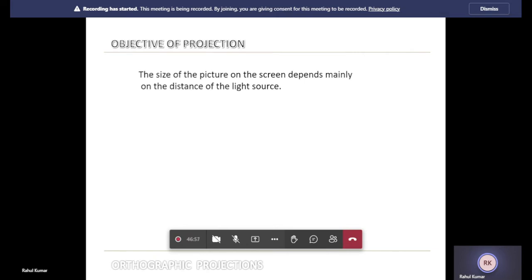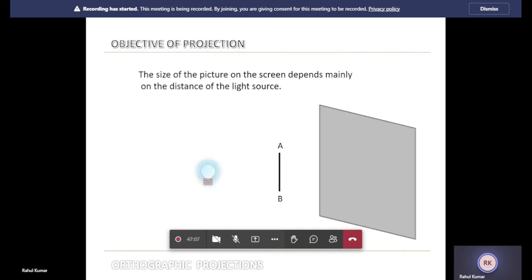Now, in reality, when you project the image of a given object, the height of the image, you might have studied in optics physics, basically depends on the distance between the light source and the object. So let's see here. Let's say you have an object AB and there is a light source. Now from this light source, the lights are falling on this object, and you are going to get an image of that object on a screen. In this case, you are going to see a very enlarged object